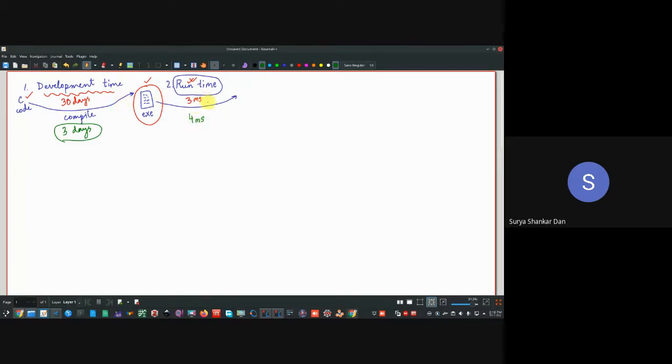This 4 milliseconds would have taken, let us say, 4 minutes with the software and hardware available 15 years ago. But as of now, this 4 minutes has turned into 4 milliseconds. So the compromise in runtime is such that you will hardly even recognize the difference. But the advantage, from the perspective of development time, is that it is much reduced.